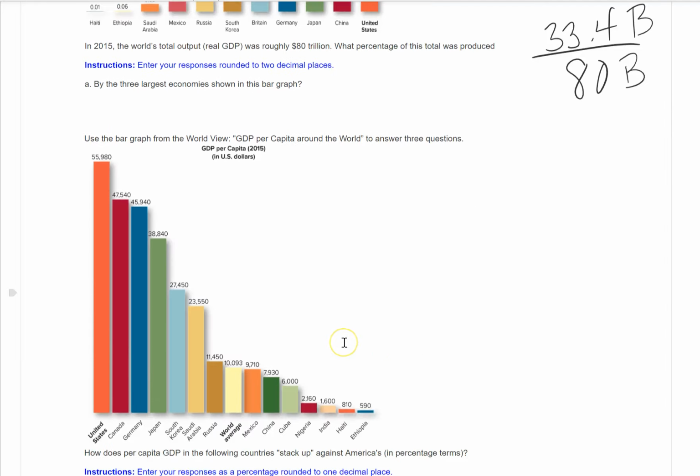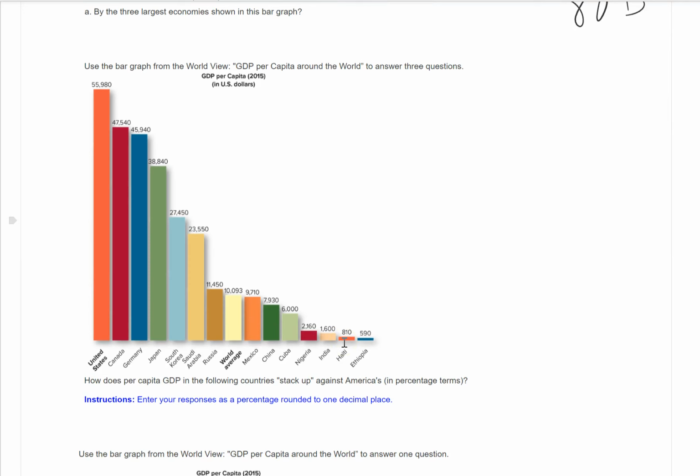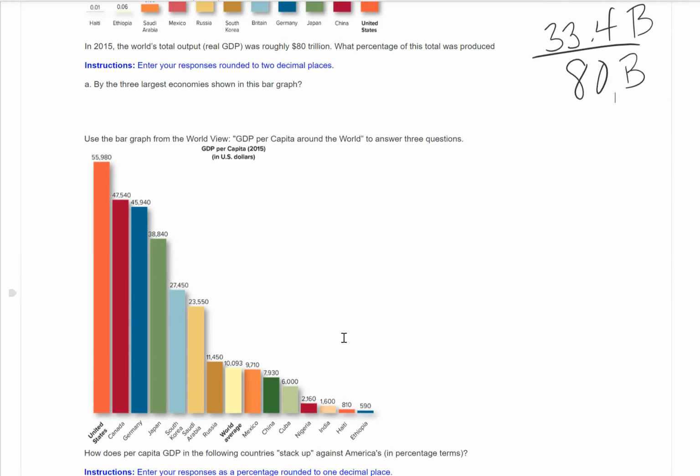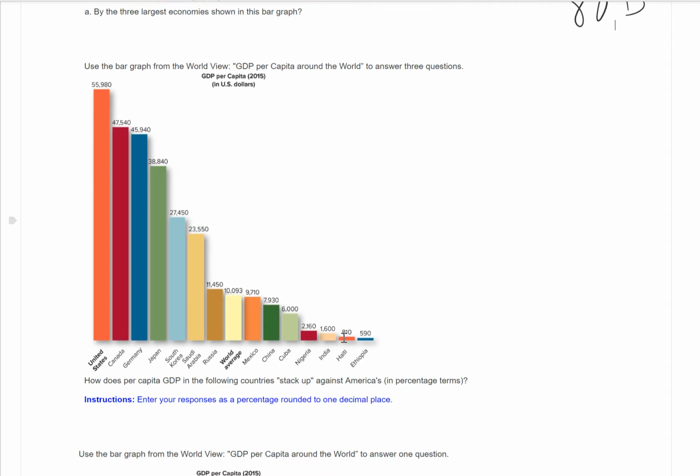The next one is similar to that, except that this one is how does it stack up in percentage terms, right? So we're calculating a percentage of a total. So if the percentage that we're looking at is, we're comparing it to America's per capita GDP, and we're saying, well, how does another country stack up? Well, I'm just going to pick one here, I'm going to pick Mexico as a country. Well, Mexico's is